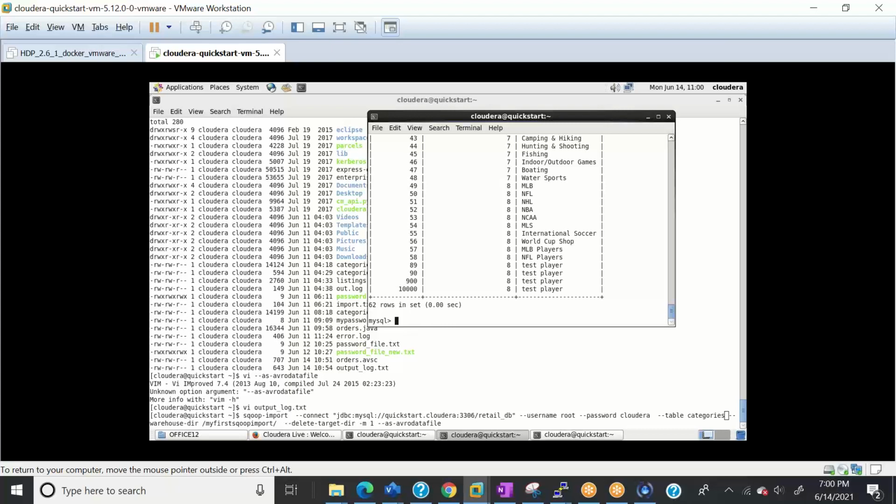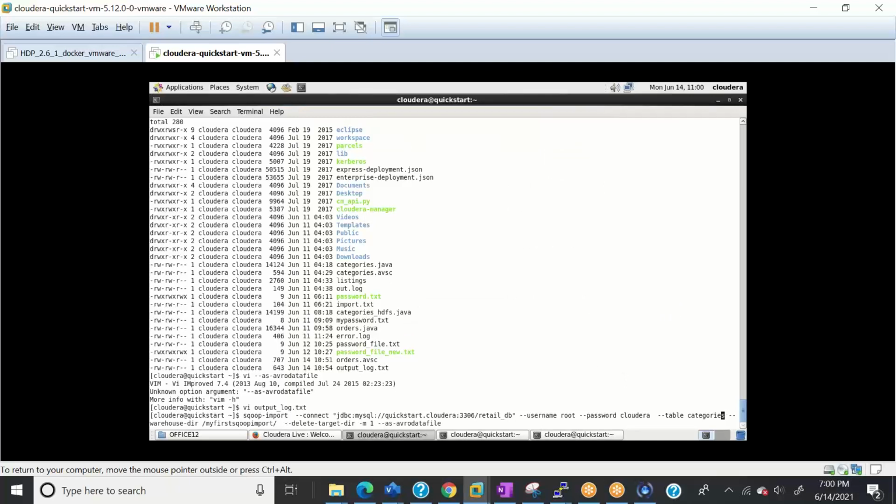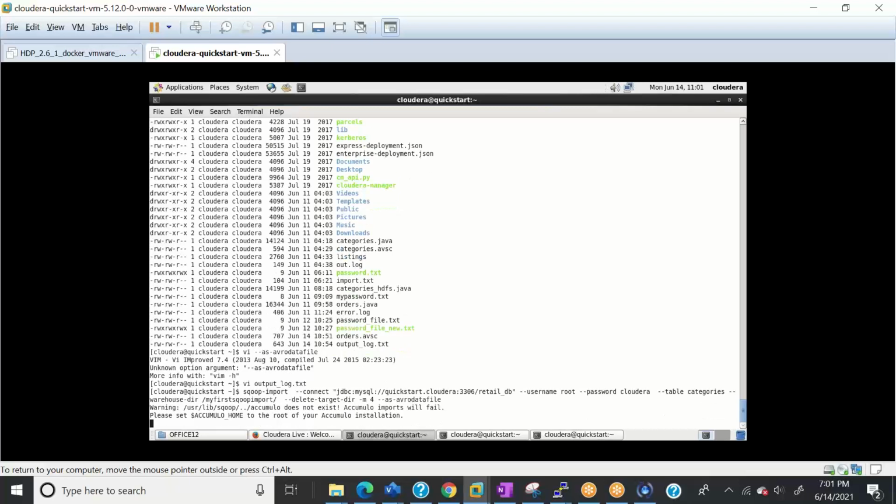All the rows will go to one mapper, the first mapper. So let's run this command with 4 mappers. This command will run for 4 mappers, but only one mapper will be working behind the scenes. 3 mappers will run empty. Let's run it.